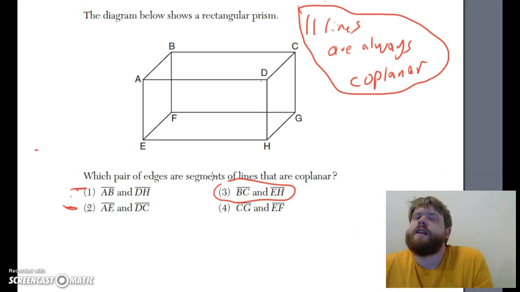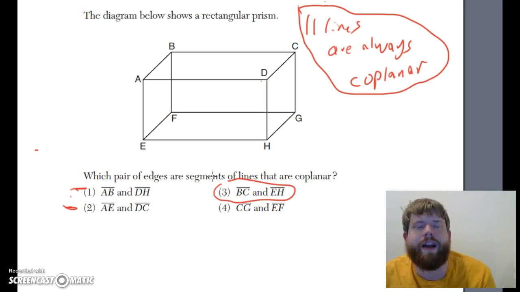These 3D reasoning questions can be very tricky. The best general advice I can give is to just be